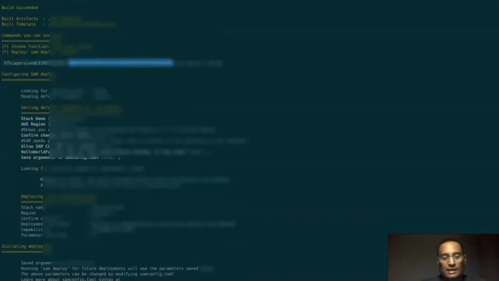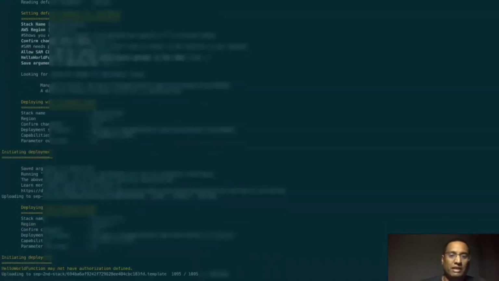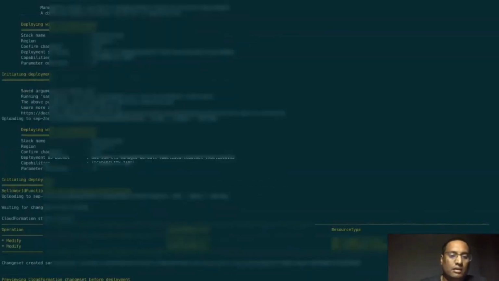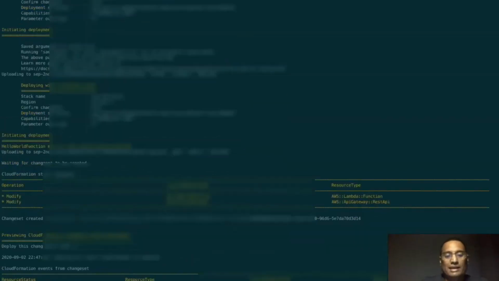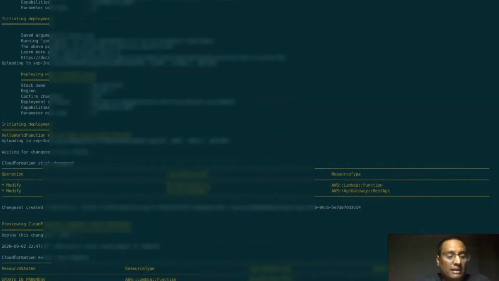Instead of using guided, if you are able to predefine these values using the arguments options, you don't need to answer these questions every time. Just give it in a single argument, and it will go through. And now the changes are happening. It has found out that the changes happened only in this function, and this will affect the API. It didn't sense any other changes in this application. So it's happening right now,